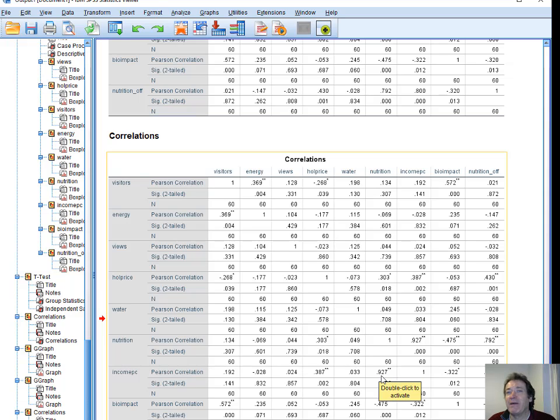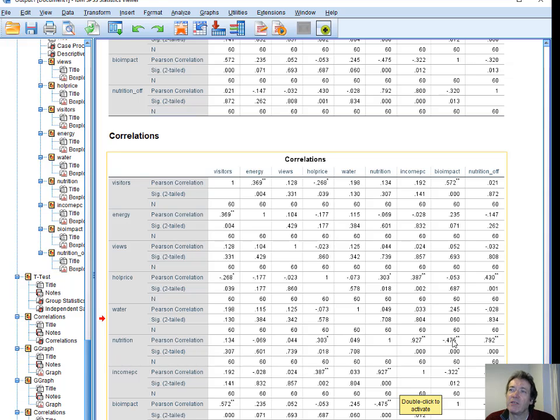If in actual fact there's no connection in the population between income and nutrition, chance of getting a value as high as that is again 0.000. So you can reject that null hypothesis. Very strong evidence of that connection there. Let's do maybe one more. It's interesting. That's one we looked at already. Nutrition, that's not very exciting. Off-season holiday price. Holiday price and income per capita. All the ones with stars, you can see, it's just a matter of whether you can explain them. So nutrition,